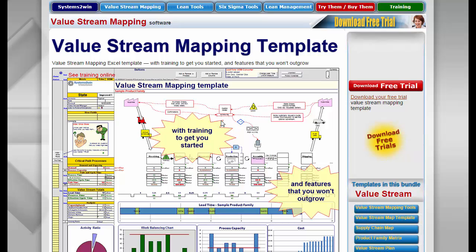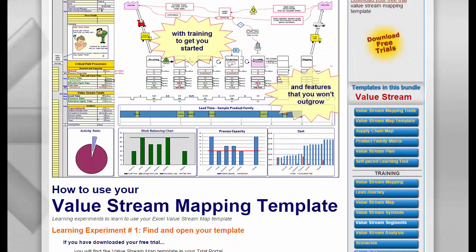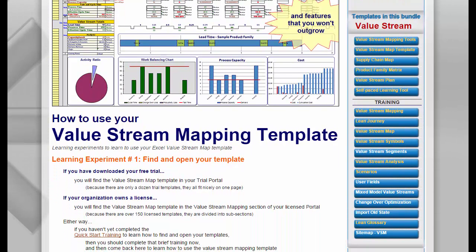People have a tendency to jump straight to this value stream mapping template, which is great if you're just looking around. But if you're actually ready to begin doing value stream mapping in the real world, then you're probably going to get a lot of value out of these links to online training.